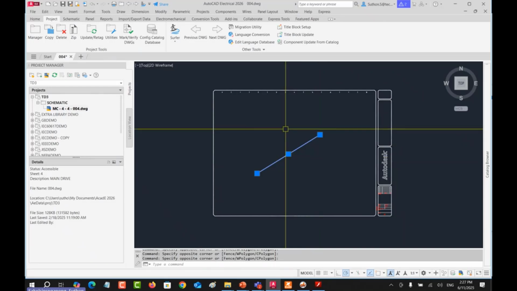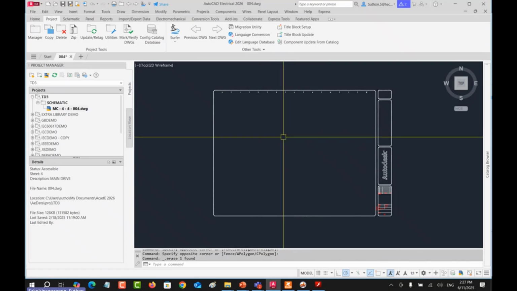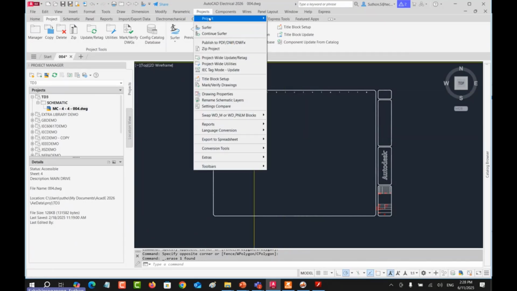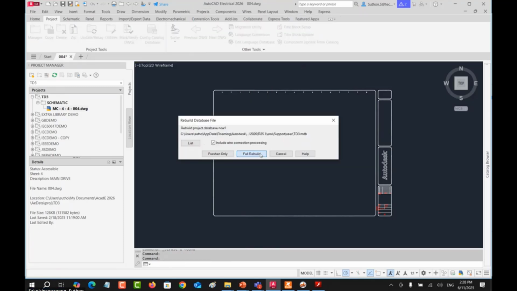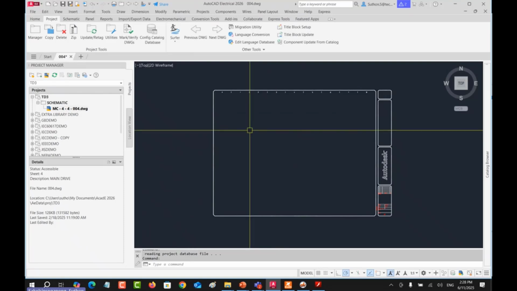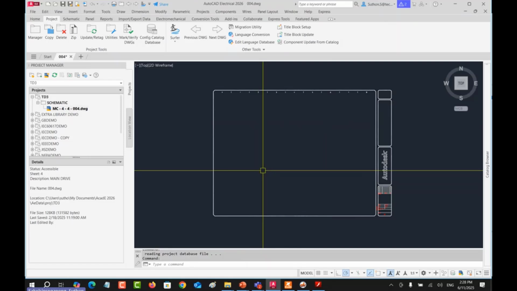You select and delete on the keyboard. It's not 100% finished. You have to use project rebuild database frequently after you delete anything on the screen by just hitting the delete key.